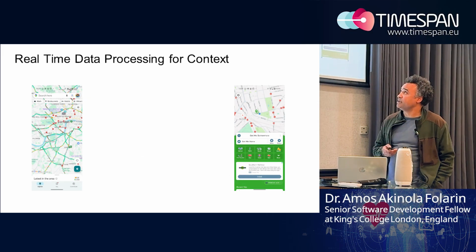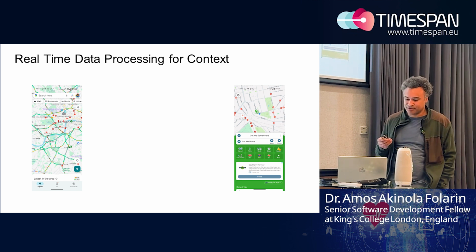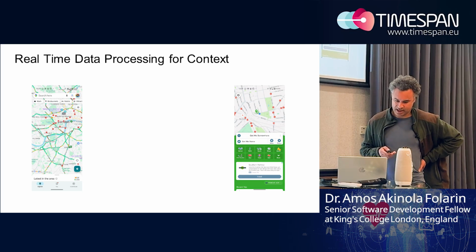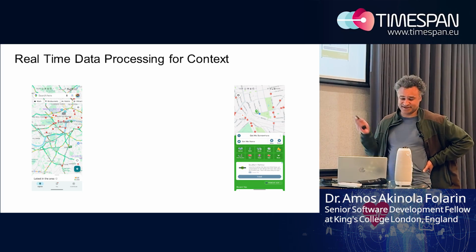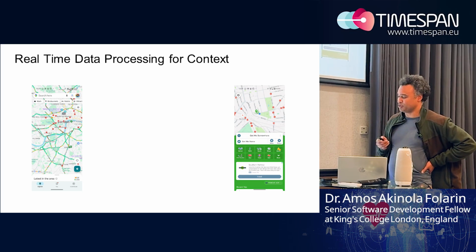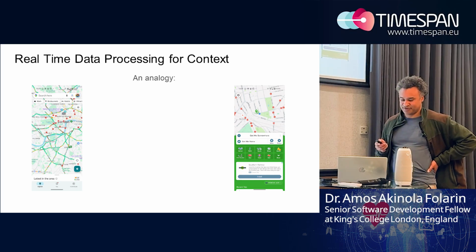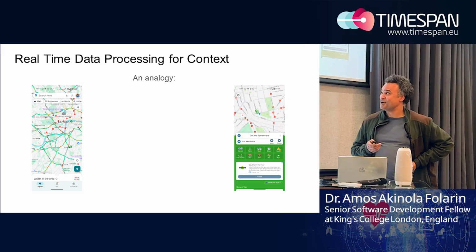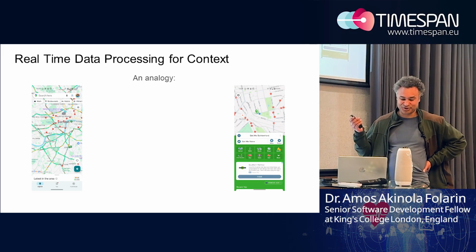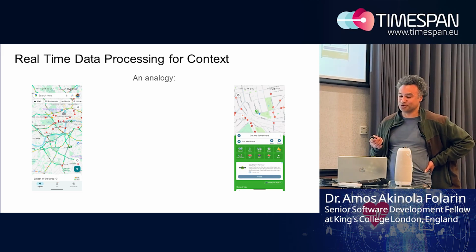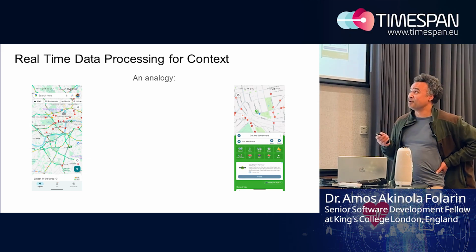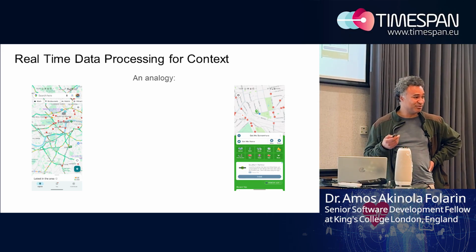Okay, and then a quick chat on the real-time data processing we do. This is a slide I just pulled up, but an analogy of how I see this. I'm sure people have probably pulled up Google Maps and looked at the traffic information there. Well, this traffic information is generated by anonymous mobile phone location data.